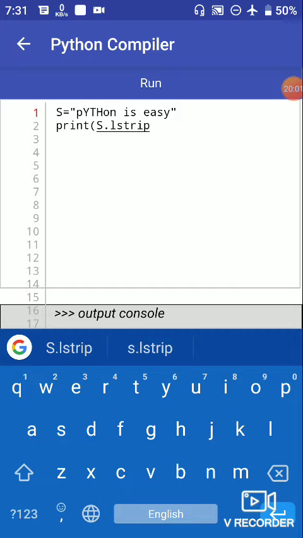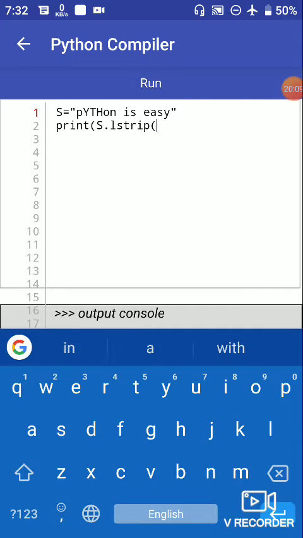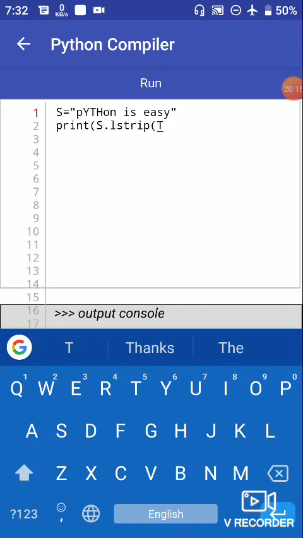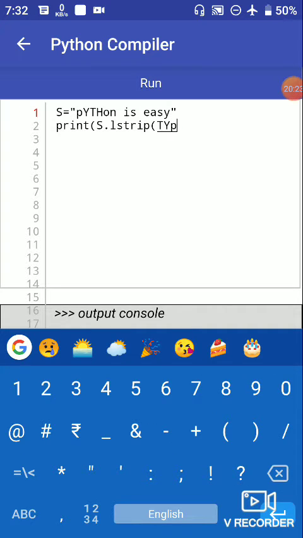L strip means strip from the left side, and what we have to strip from the left side is T, Y and P. Let's see what happens when we run this method.